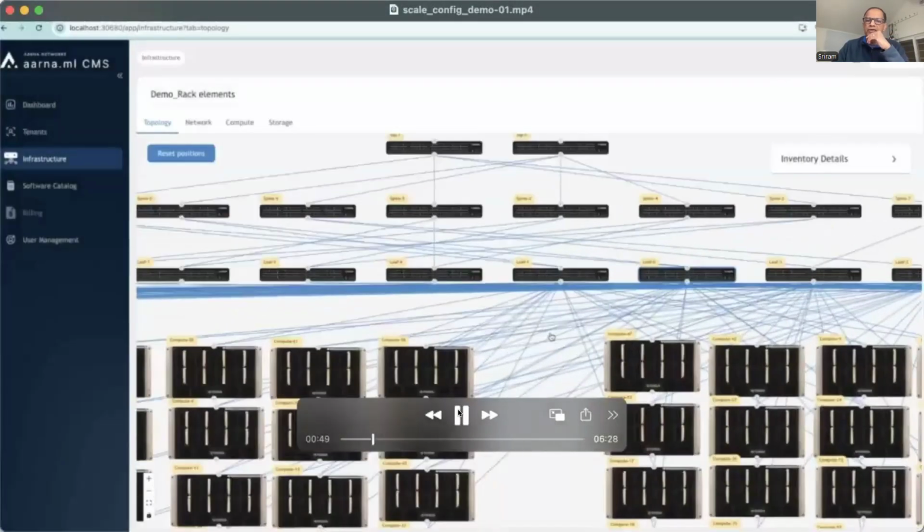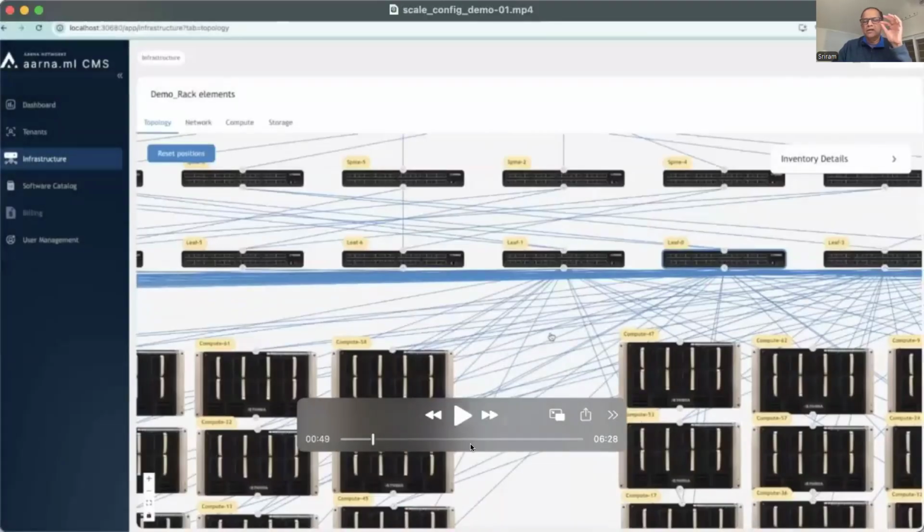One feature that we have is that we can also do all of this in a digital twin and then create a topology, a kind of a golden template, and then you can actually verify it on the real hardware. So when you actually hook up your entire racks, you can take the golden template and make sure that your connections are as per your intended topology.